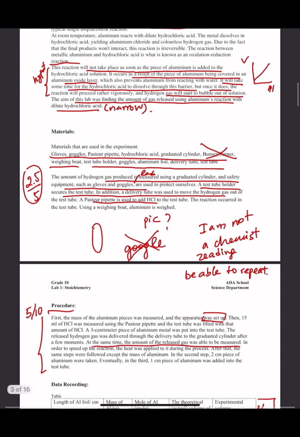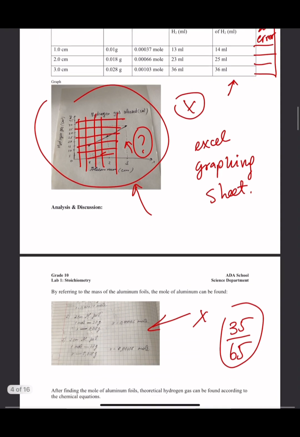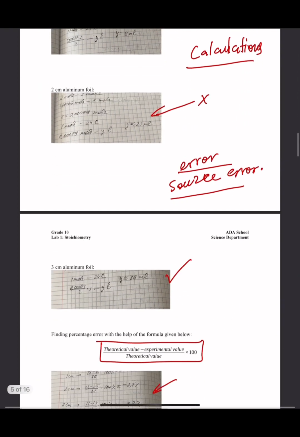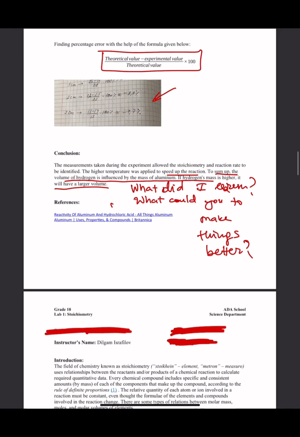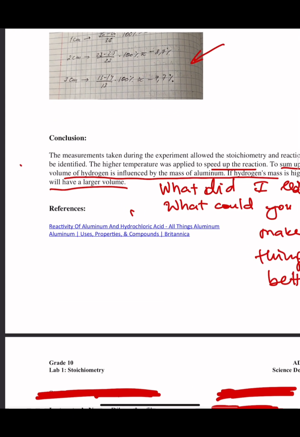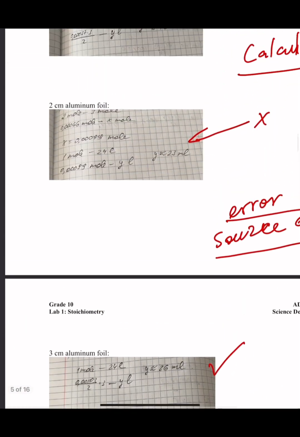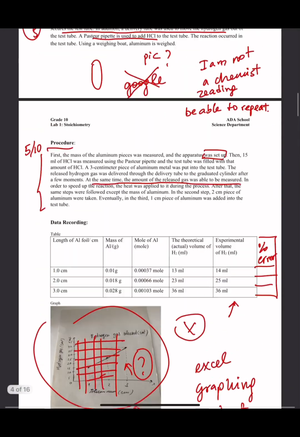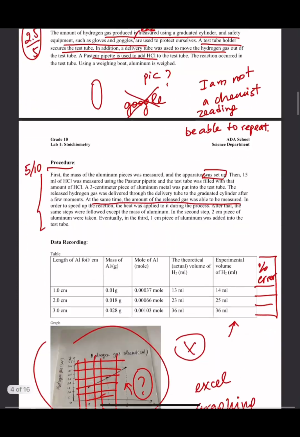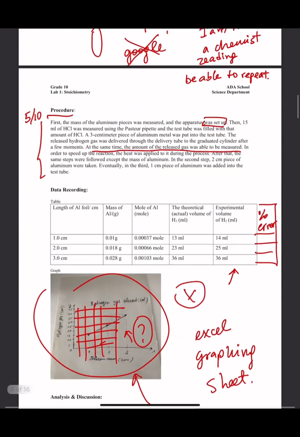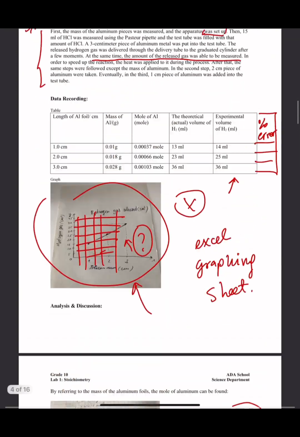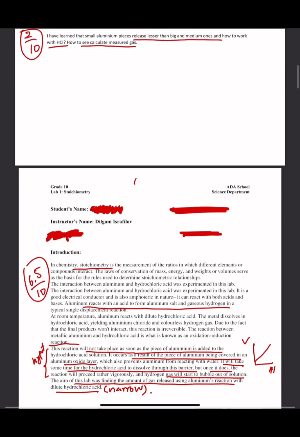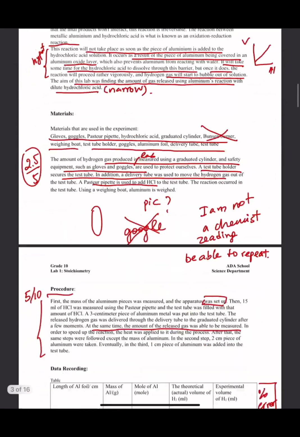What did we get? 9 plus 5, 14, 14 plus 35, 49. So I wouldn't be able to give more than, in my opinion, more than 3. More than 3, or I would cut from results and discussion. So it adds up to 9 plus 5, 14 plus 35, 49 plus 3, 52. Okay, that's the 52. So this is the mid-range report.